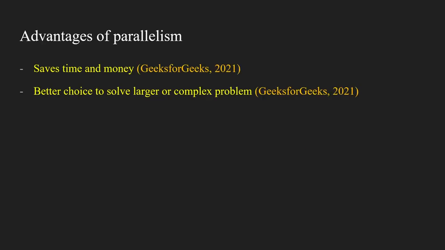Then we'll look at the advantages and disadvantages of parallelism. There are two distinctive advantages of using parallel processing over serial processing: it reduces time and saves money. There are multiple processing elements collaborating to solve problems. A problem is broken down into several smaller tasks as shown before, which would then be taken care of by